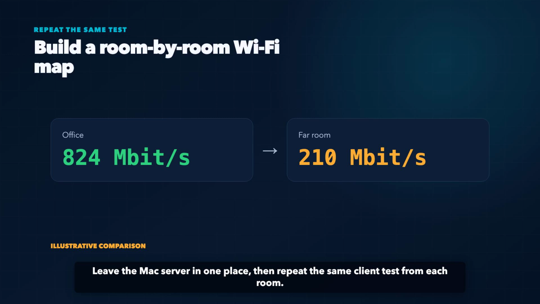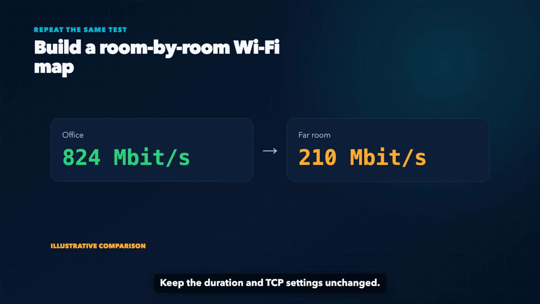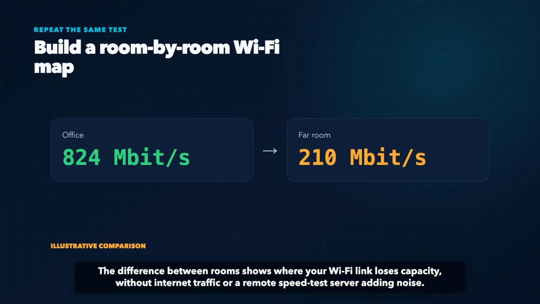Leave the Mac server in one place, then repeat the same client test from each room. Keep the duration and TCP settings unchanged. Name or save each run. The difference between rooms shows where your Wi-Fi link loses capacity, without internet traffic or a remote Speedtest server adding